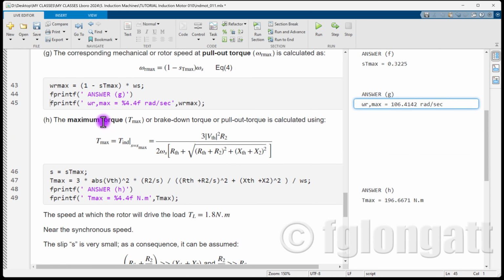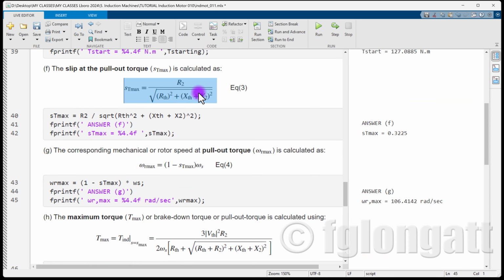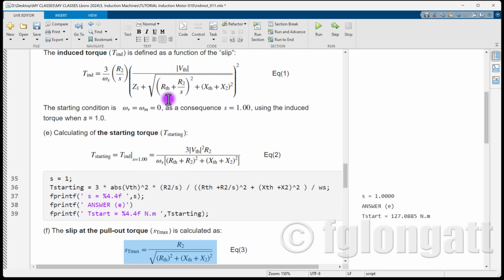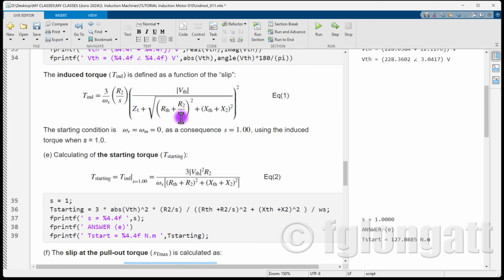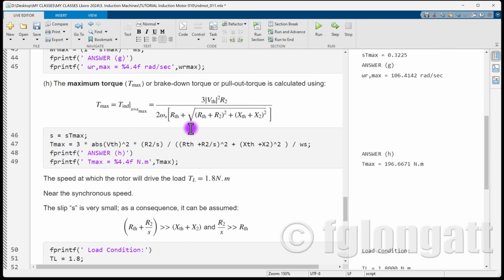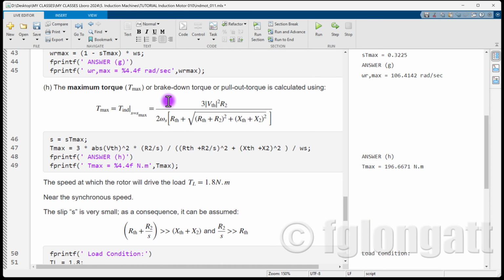So next question is to calculate the maximum torque. And that maximum torque happens at this very specific slip. So basically what we are doing is taking equation 1 and substituting the slip calculated using equation number 3. And when we do so, we obtain that the maximum torque, also known as breakdown torque, and in some books also pull-out torque, that is basically